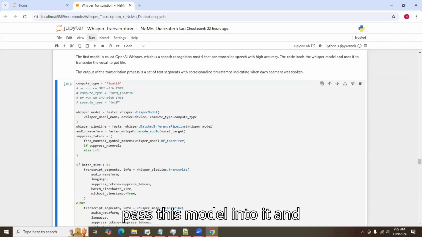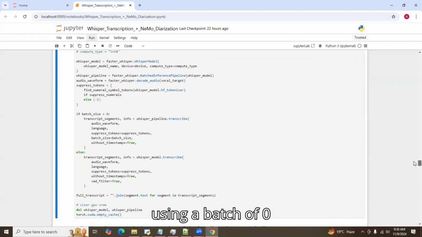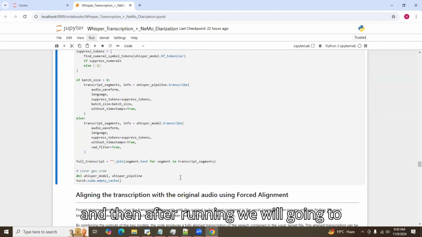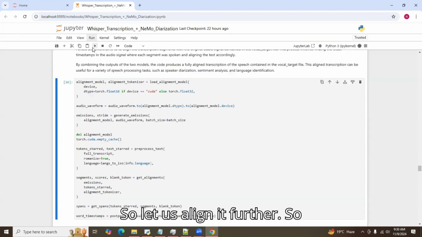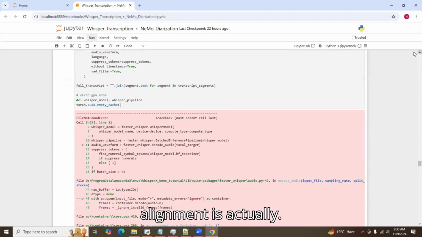We are going to pass this model into it, and it will decode the audio, and then it will transcribe using a batch. After running, we will empty our cache. So let us align it further. What does alignment mean? Basically, alignment is actually